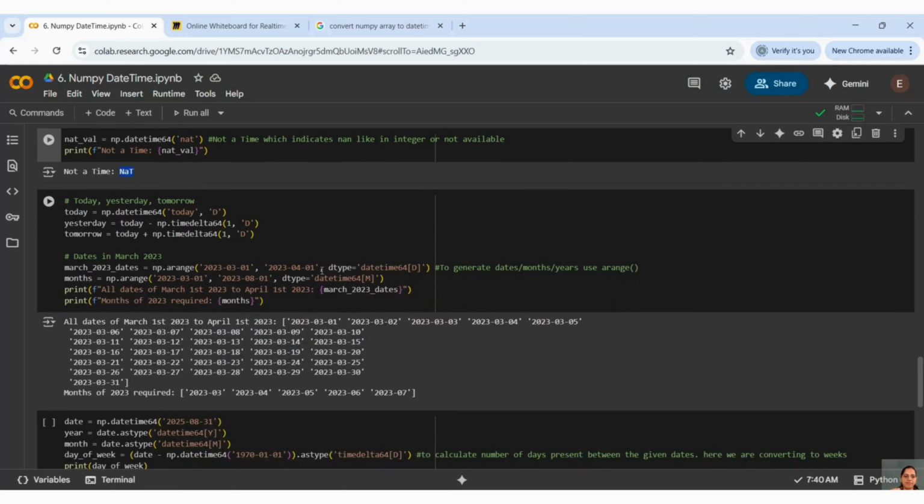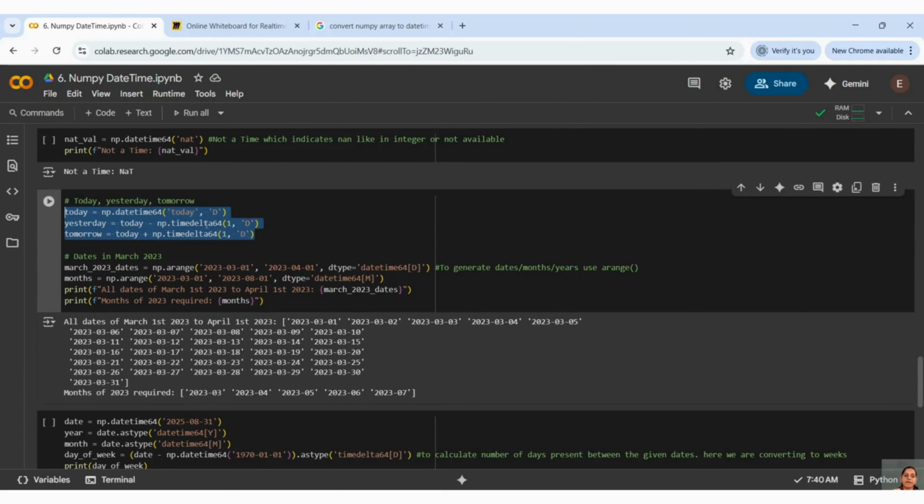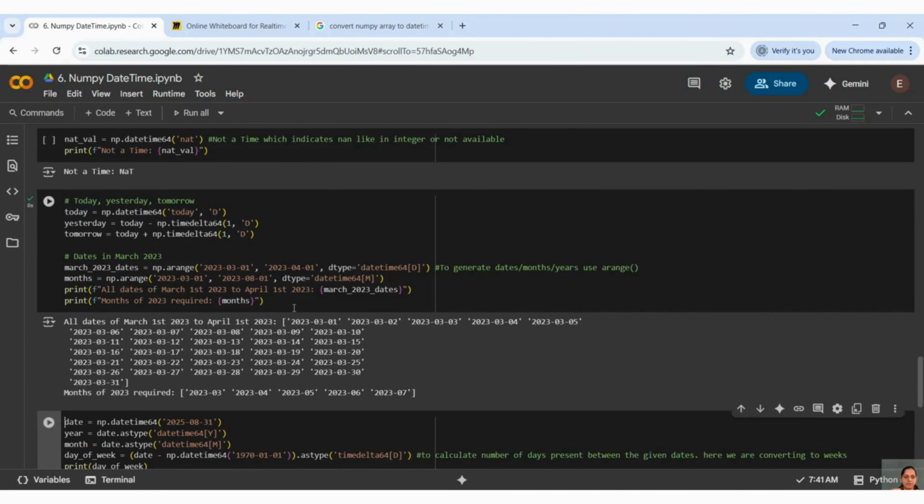Similarly, we have another example which will show you today, yesterday, and tomorrow with the types or the indications. Either you can put Y, D, M, or W. So here, today I want today's date, let me run it. Now yesterday: today minus one day.